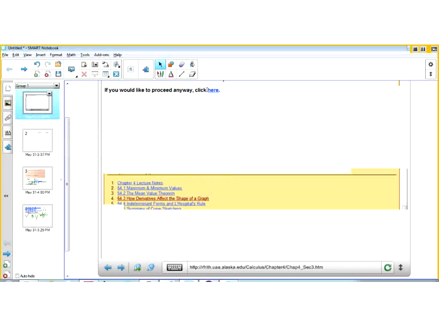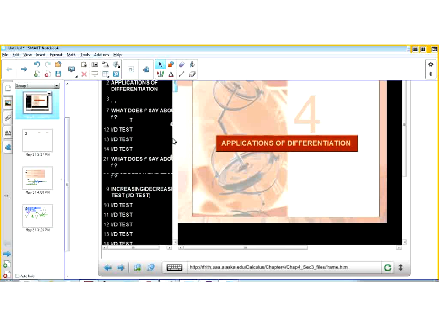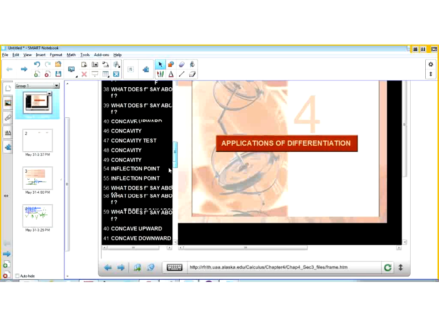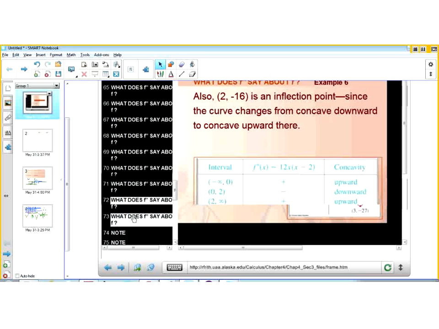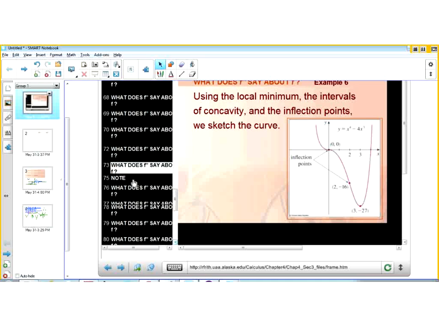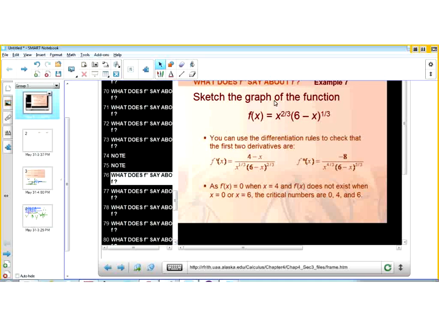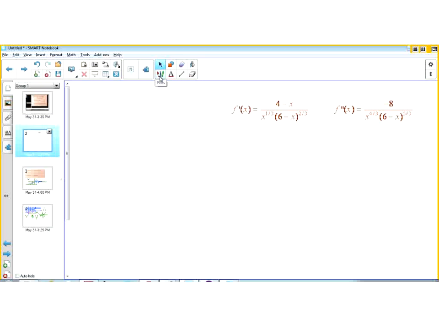So we go to section 4.3, slide 72. Okay, so let's go back. So 73 past the notes, right? So we're working with this function right here. Okay, so x to the 2/3 times 6 minus x to the 1/3. And so I was trying to